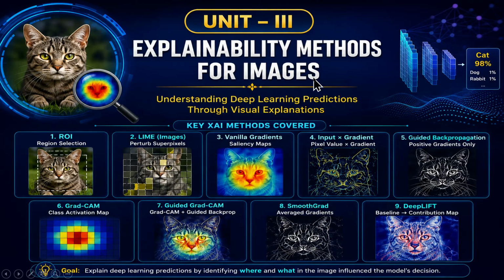Unit 3 is all about explainability methods for images. In our last unit, we learned about the explainability methods for tabular data, which means structured data. These are the methods. First one, we need to understand what is ROI, region of interest. And from second onwards, we will find various methods to explain, in the sense here, that identify the regions of the image that has led to the prediction